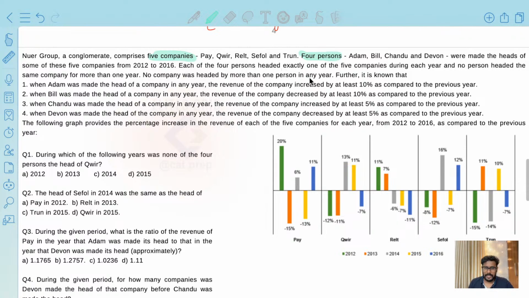Each of the 4 persons headed exactly one of the 5 companies during each year, and no person headed the same company for more than 1 year. No company was headed by more than 1 person in any year. Further, it is known that